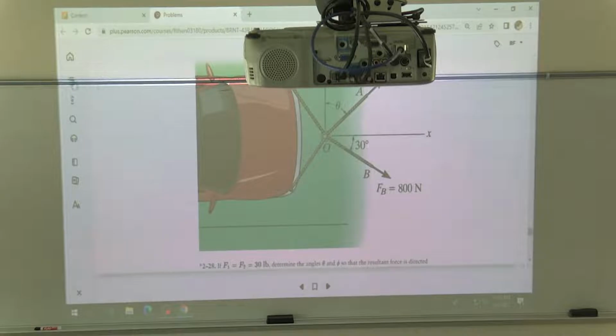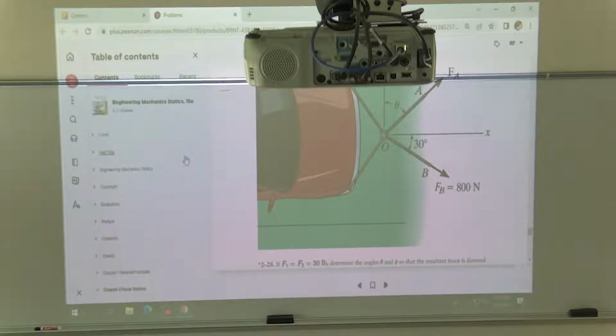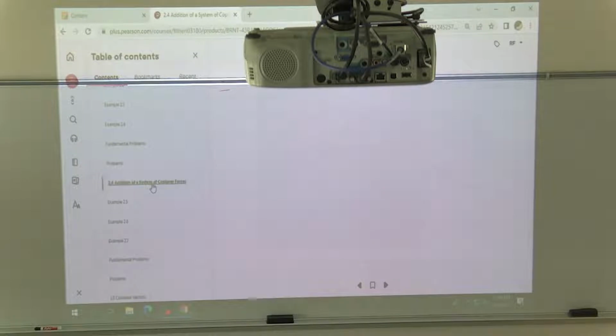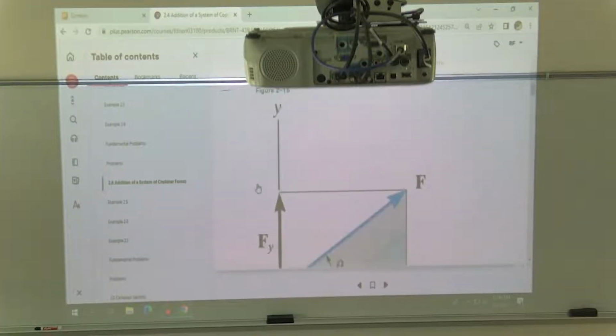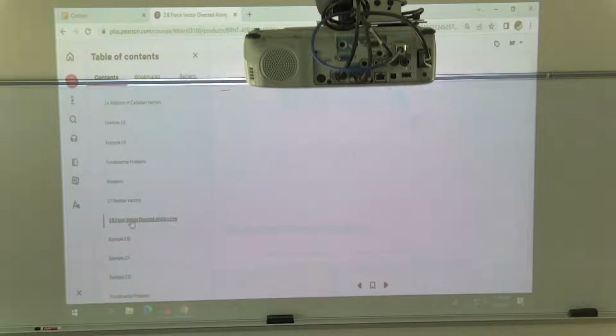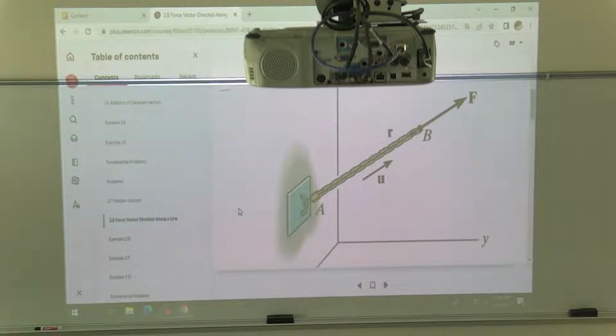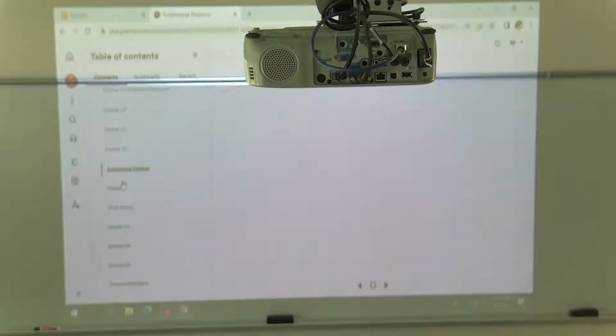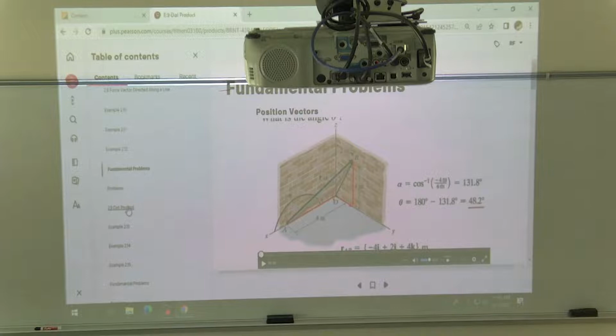Okay, so the table of contents says, okay, so addition of coplanar forces. Now why am I there? Okay, we knew that. Position or directed along the line. And then, okay. So if you're okay, I'll go to